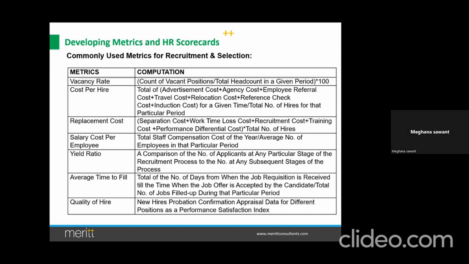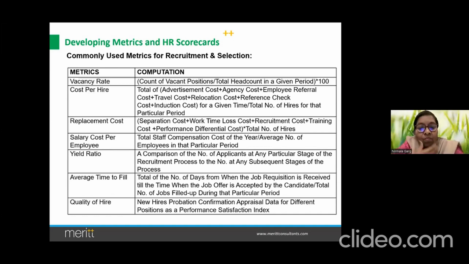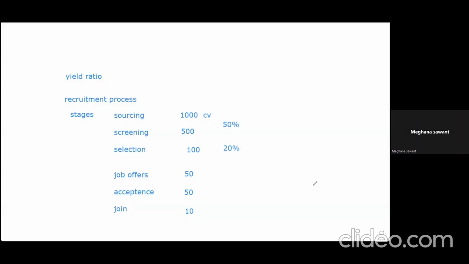But what is the final ratio of that one, where you gave an example? Can we just go on that page again, ma'am, the exercise where you were taking a thought? I hope it is there. 20%. Yes. So finally, 10 out of 50 join. 10 join only. The final, what will the ratio be?